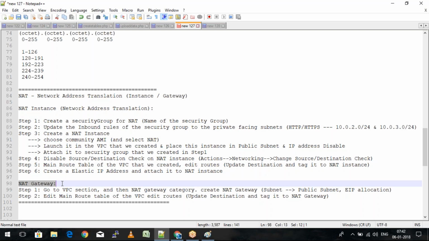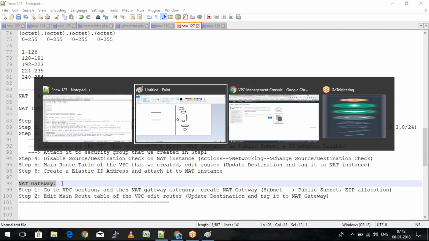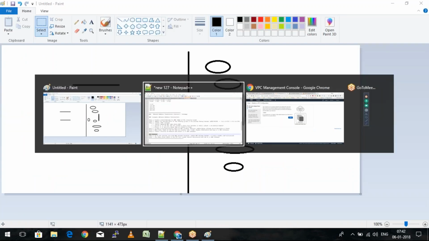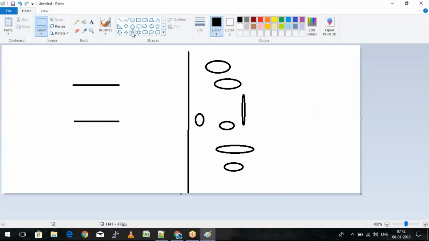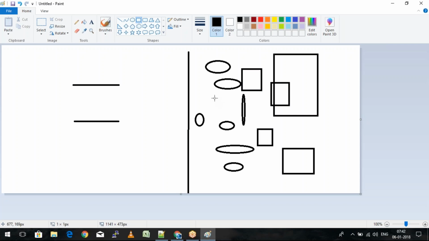So I do not have to worry even if, let's say tomorrow, lots of other EC2 instances come into the picture here, because the NAT gateway has the capability of automatically resizing according to the need. It can go up to a maximum of 10 Gbps. Right, so the NAT instance specifically has a dependency on the size of the instance. In the NAT gateway, everything scales up automatically.